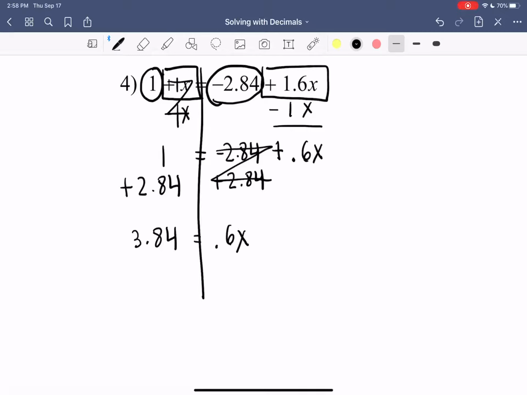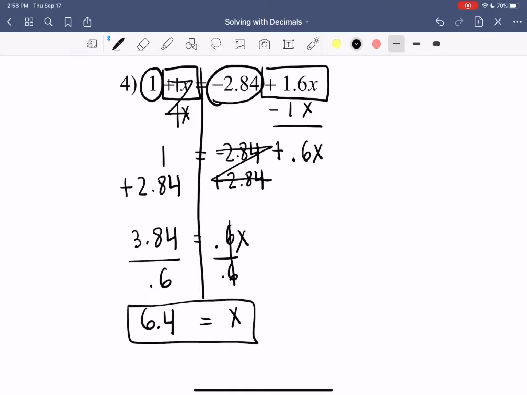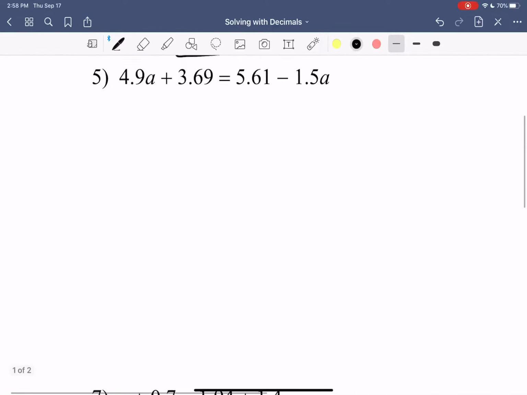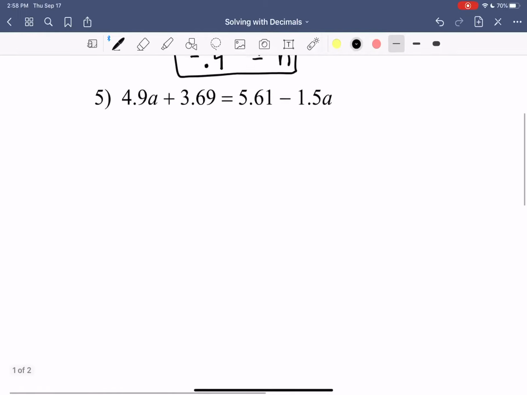And then the easiest step is to divide by our coefficient, which is 0.6. 0.6 divided by 0.6 is 1, and we're left with x equals, and then on the left we have 3.84 divided by 0.6, and that gives us 6.4. Alrighty, so going down to number 5, we have